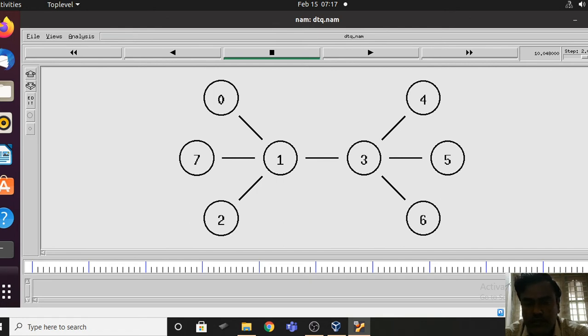So for the same thing, if you want to find out the quality of service parameters, you can find them and make a note of those values in some file. After that you can plot the graph. You can change only this common channel's values, simulate, and note down the values.